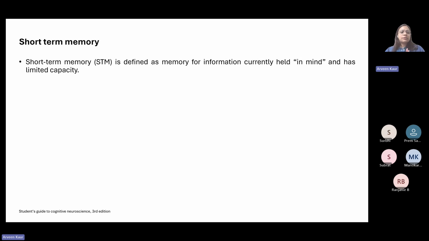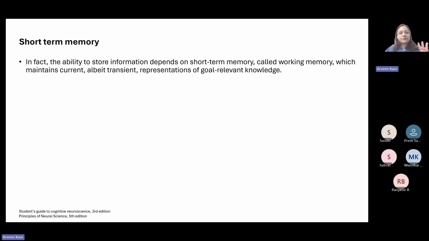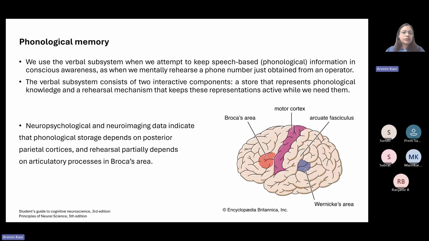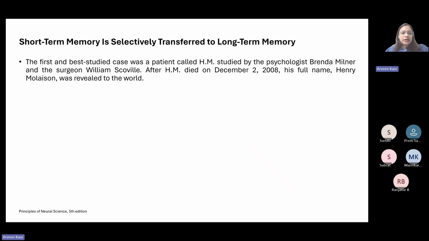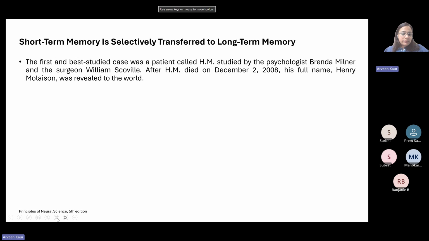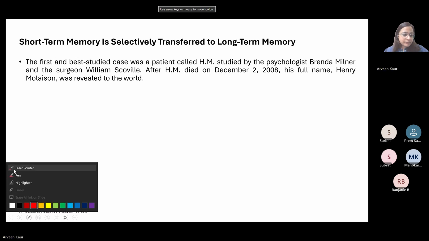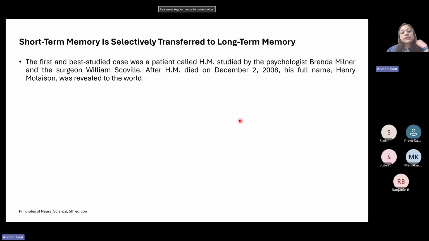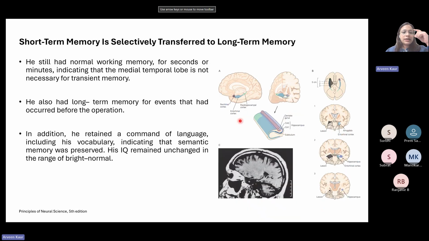So for that particular span, your brain did retain that information for the purpose of processing, but it never consolidated or converted it into long-term memory, right? Because that is not required by us. So that is basically the difference between short-term and long-term memory. I am not going into the details right now. Short-term memory is selectively transferred to long-term memory, right? We'll see how that happens. Today we'll discuss the molecular mechanism behind it as well, right?